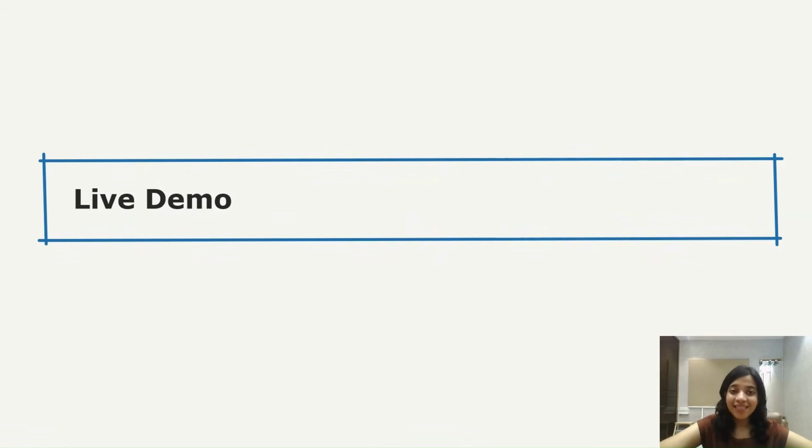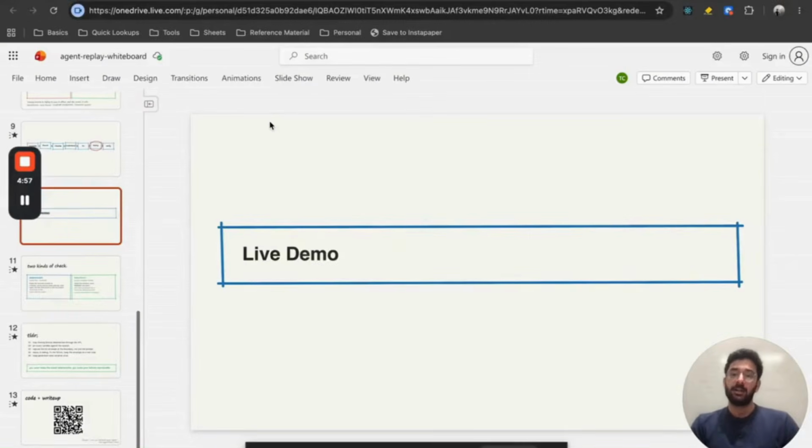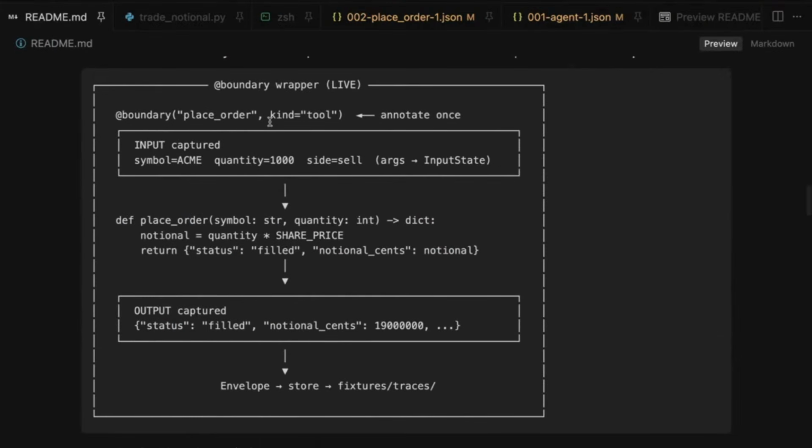All right. Let's now see how to bring the workflow we just discussed into action. So we've established that replayability is a core tenet of productionizing any AI agent. But how do we build this in code? As a proof of concept for this, we have built something called Chronicle.